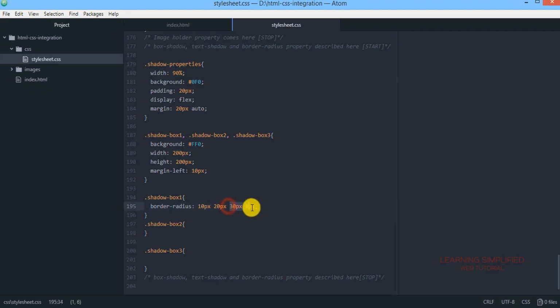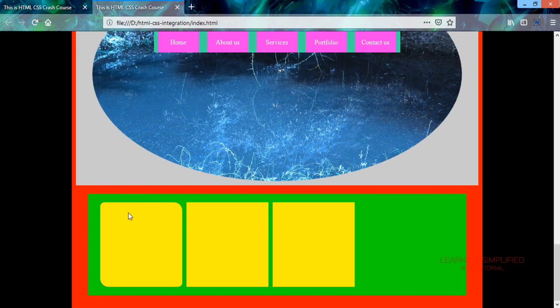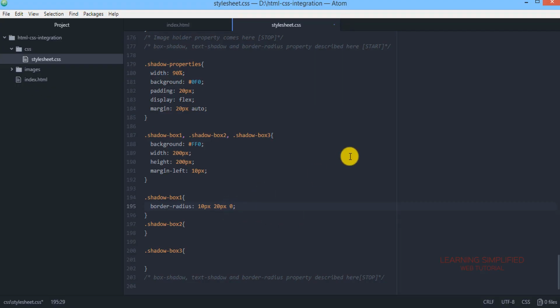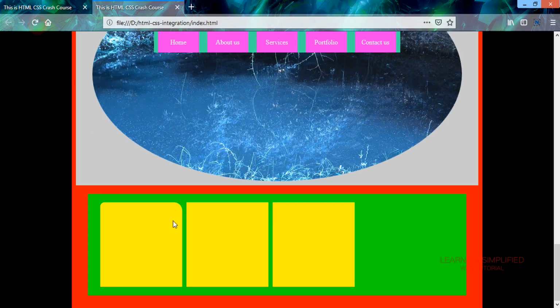In a similar fashion, if we omit the last two values and reload, we can see this outcome, and in that case the diagonals, that means the top left corner and the bottom right corner, will have equal values of 10 pixels, and on the other hand the top right corner and the bottom left corner have equal values. So in every case, if we want to have flat corners, then we need to mention them as the third and the fourth parameter. So this will follow throughout.